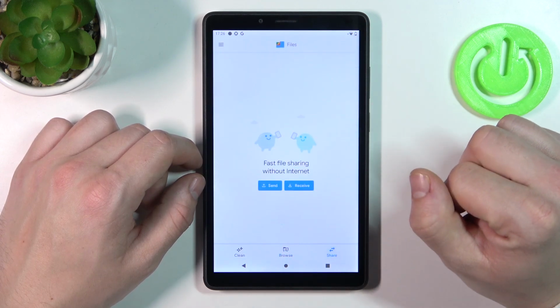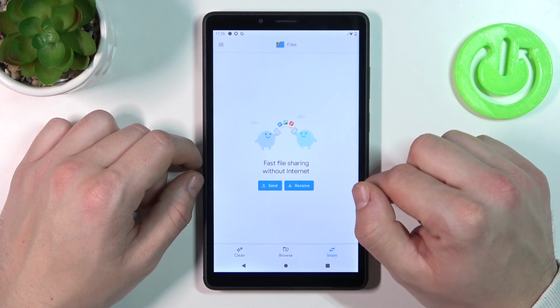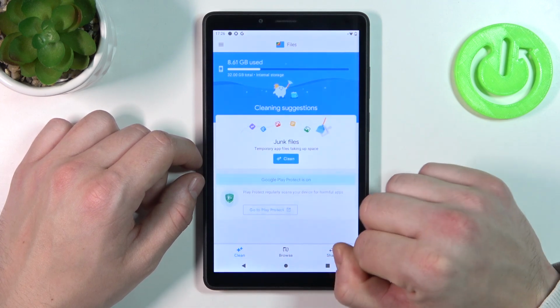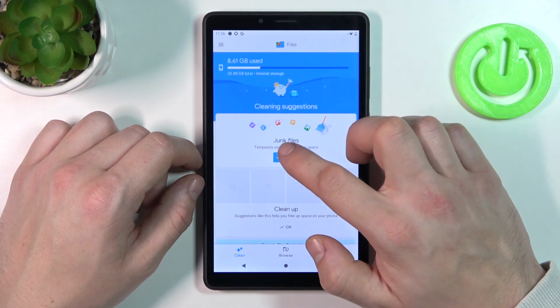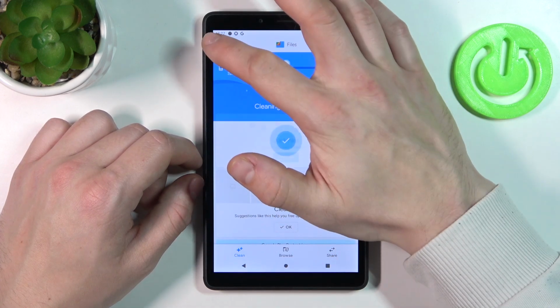Then you can go to Share, where you can quickly send and receive files via nearby share function. In the end you can go to Clean to clean junk files from your smartphone. Also you can go to Menu,